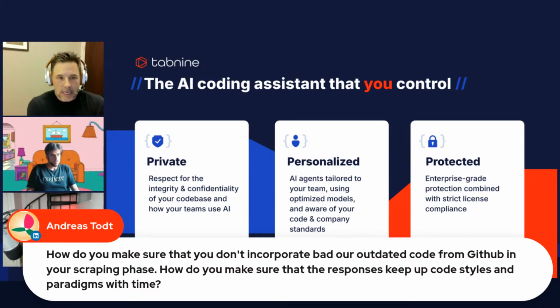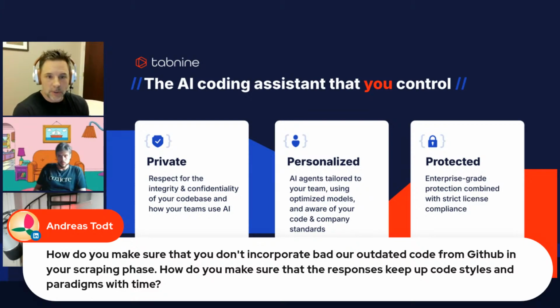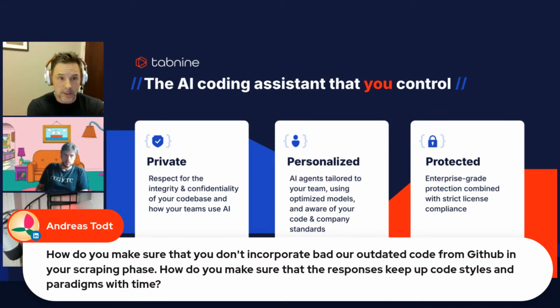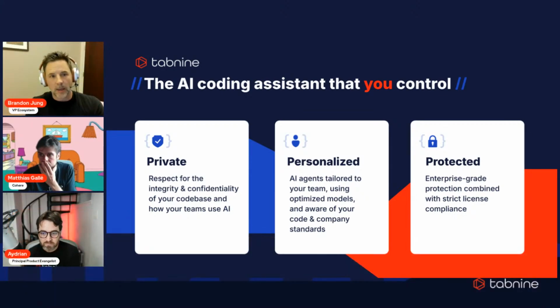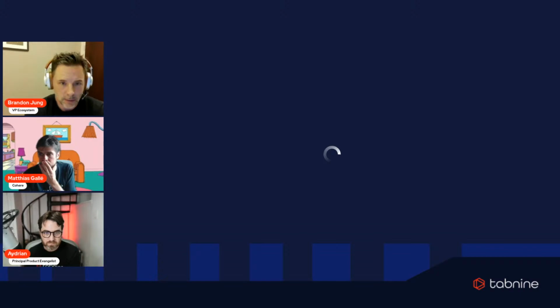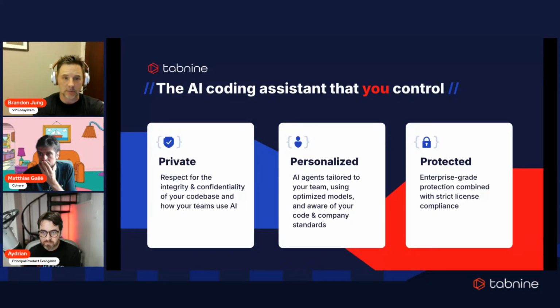So again, you come at these with different views and requirements, and that leads into this conversation. The questions have been good. I think we're going to cover most of them. I want to hit a little bit of how we fit these together now. So these are shared values across Tabnine and Cohere. The importance of respect for the integrity and confidentiality of your code base and how it's used. That privacy, we both hold to. That's how we use it.